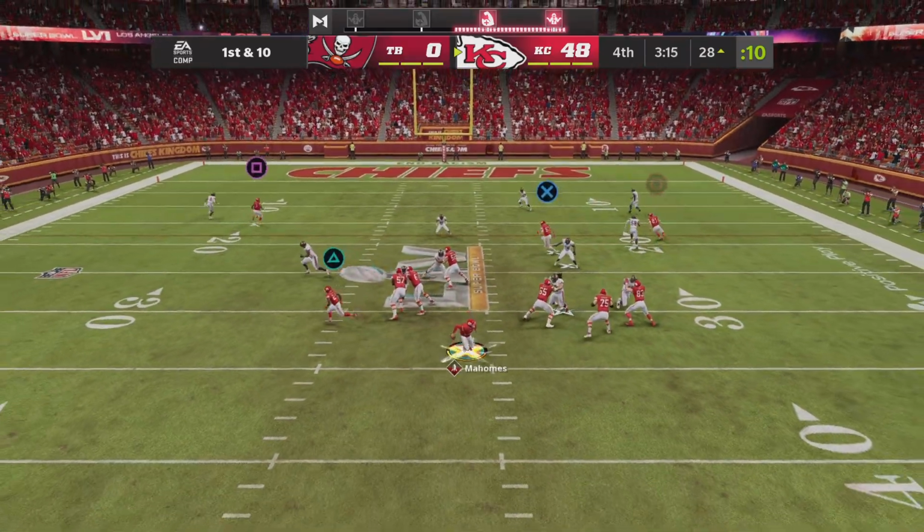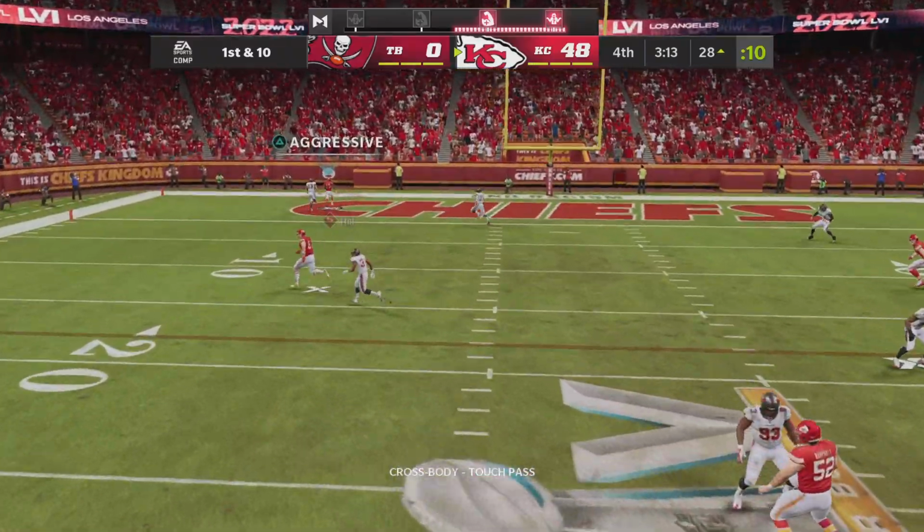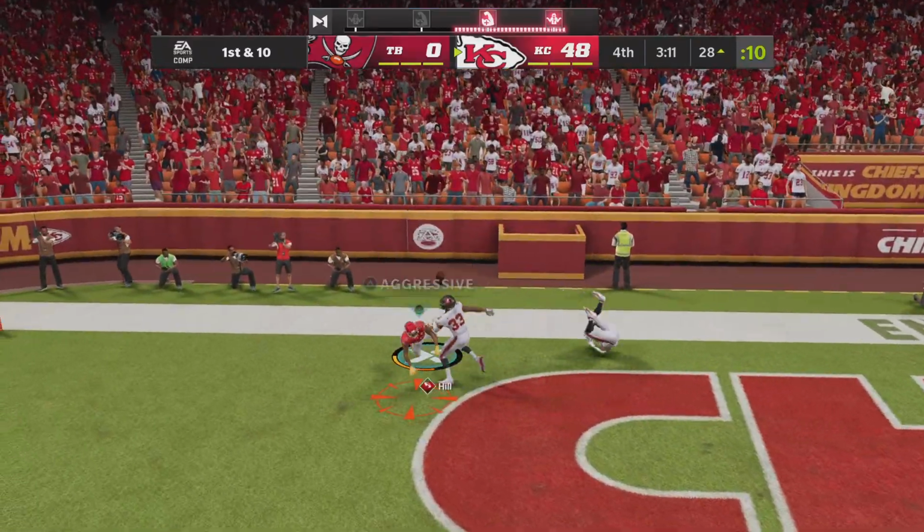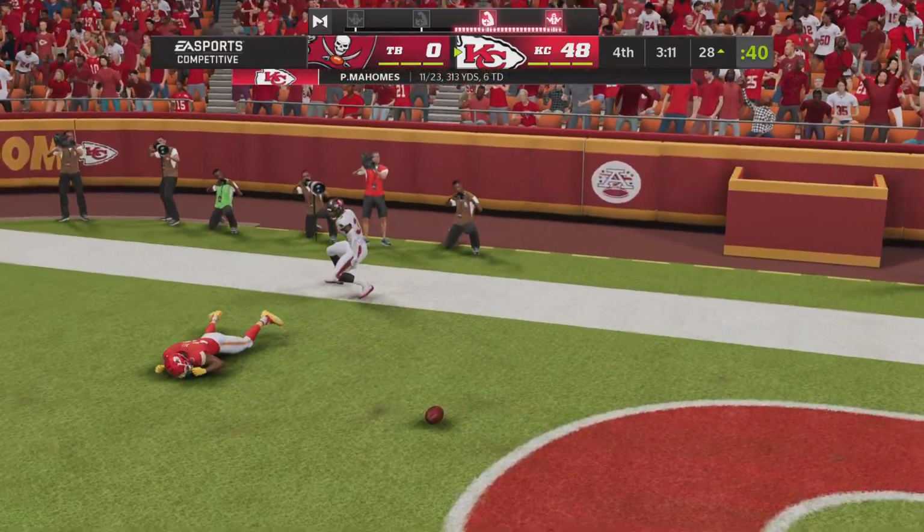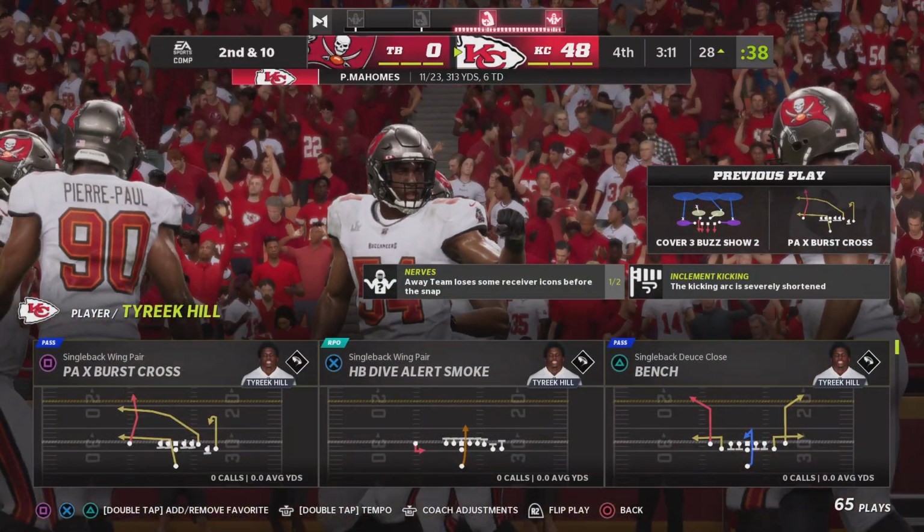On play action, it's Mahomes going for it all. And this is incomplete.